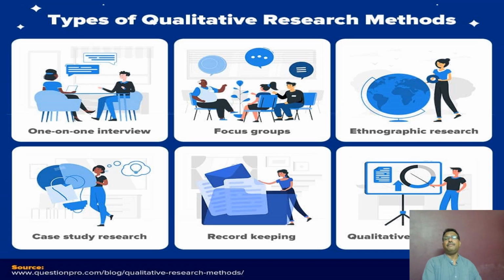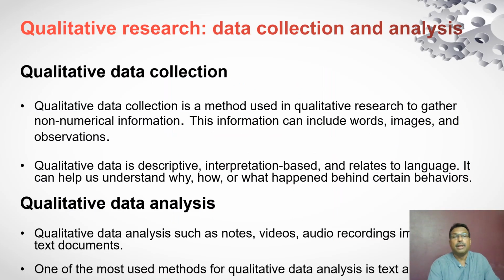Allow me to give you the qualitative methods, what goes around it. These are the pictographical representation, one-to-one interview, and focus group, talking about a specific group with specific attributes. Let's say we are talking about people who are physically challenged, a group of people who are physically challenged with special abilities. Ethnographic group, people coming from certain sections of the globe. Case study research, record keeping, and quantitative methods, as the case might be. So, qualitative research, data collection, analysis, and how do we go across